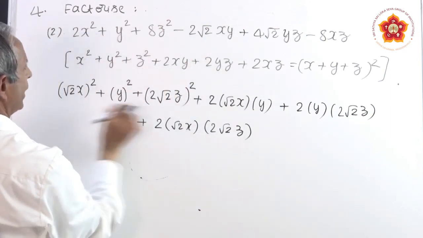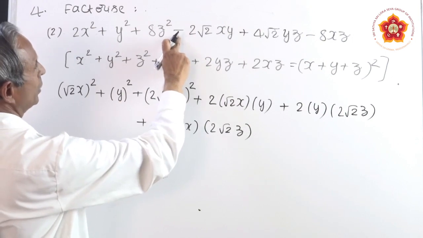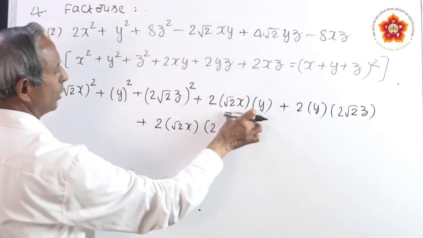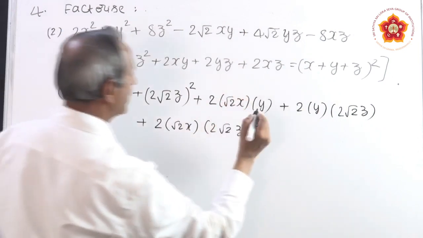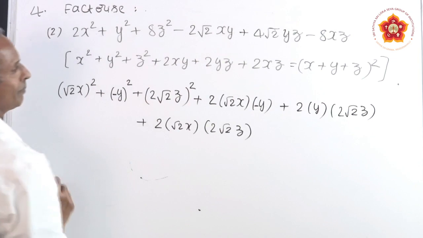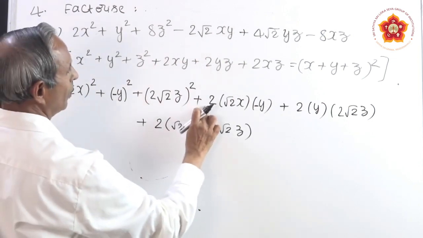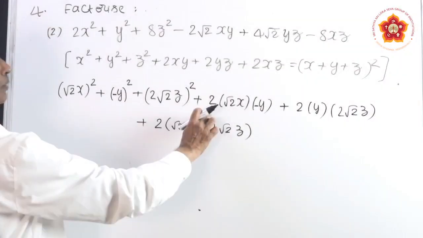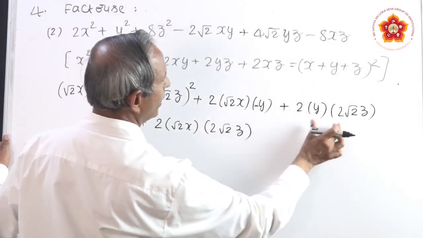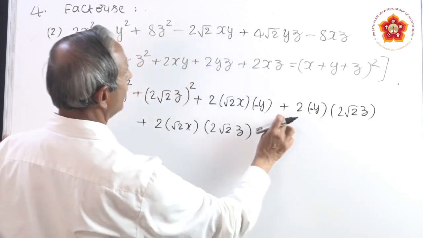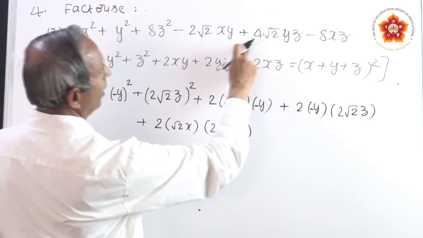First three terms okay. In the second term you should get a negative sign. So any one of these should have negative sign. I will make the second term as negative, minus y here, and also put here minus sign. Then if you multiply, you will get 2 root 2 xy minus 2 root 2 xy. Now let us move to the next term. You will get here minus already there y.